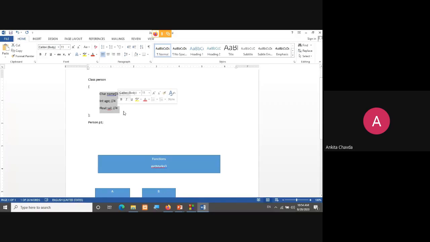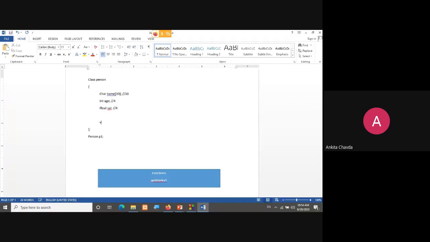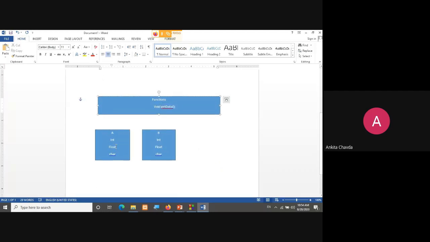the variables, right? So if I am having any kind of functions over here, void get data or put data or any functions, for those functions I won't be having any space for a particular object, right? For the particular object, I won't be having that.